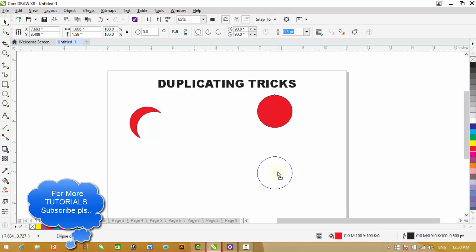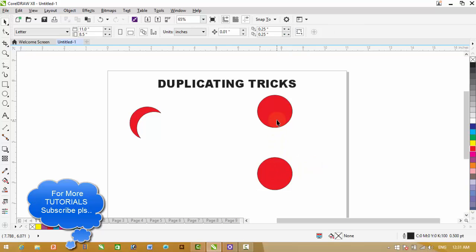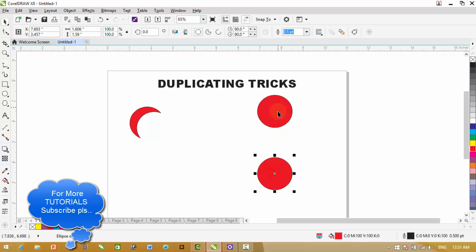Now before releasing the mouse button, press the right button of the mouse also. Now at this point, I have pressed three buttons at once. One is Control on keyboard and two buttons of the mouse. Now I have to release these three buttons at once, and you can see that we have created an object parallel to this object.